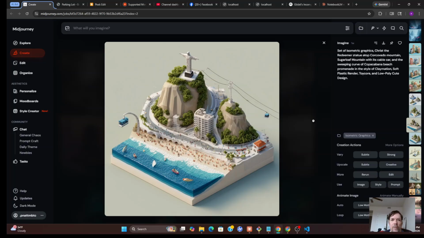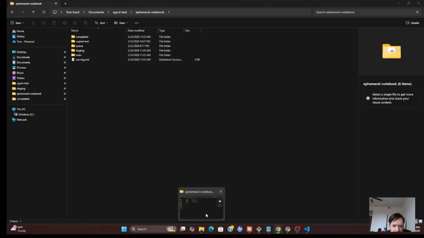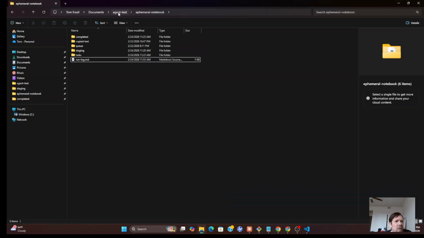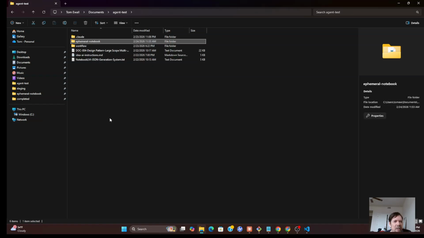I want to show you some things with Claude Code. So I'm using Claude Code as an app on Windows, and it has access to terminal, and you can give it a folder that it can read and write to. So it's writing to this folder here that I gave permission. It creates its own .claude folder where it puts things in there, and then it can just read and write